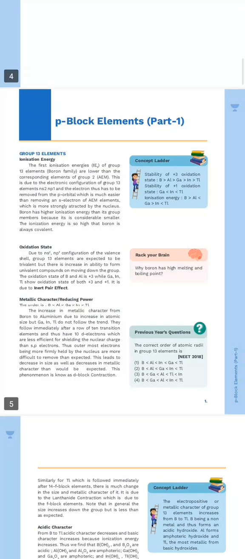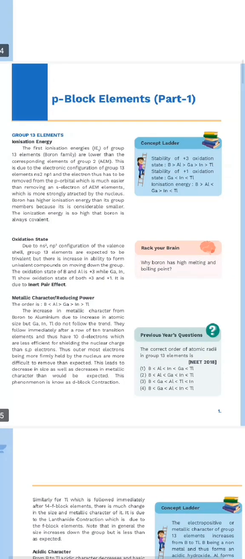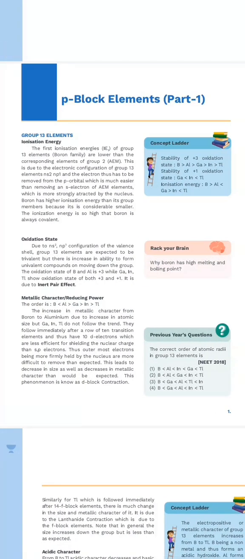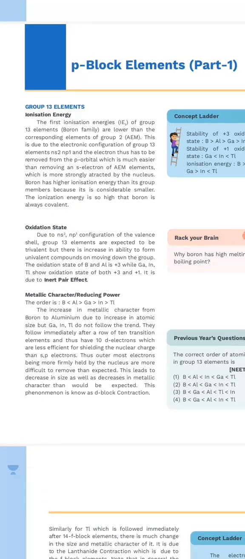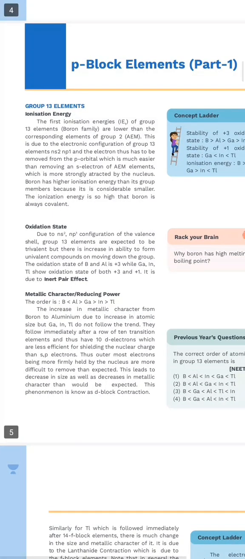We are going to start the chapter P block elements. It is part 1. So group 13 elements. Ionization energy. The first ionization energy of group 13 elements or boron family are lower than the corresponding elements of